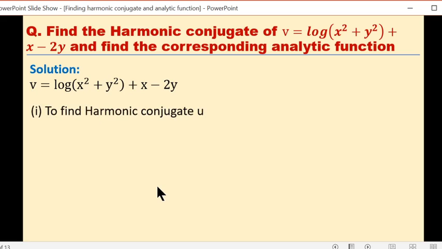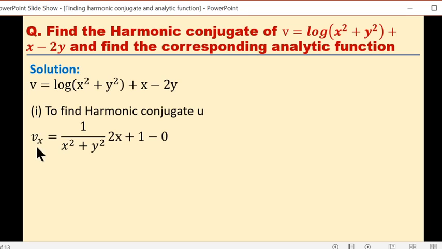Now that we are clear with this, the first thing we will do is find the harmonic conjugate u. Okay, this solution is a bit tricky. Understand this very nicely. If there is any doubt you all are having, please stop me in between and ask. So we have to find the harmonic conjugate u, and what is the raw material in hand? v is given to us. So if we have v, what can we find from it? Its partial derivatives. All right, so what we do is we take this v and differentiate it partially with respect to